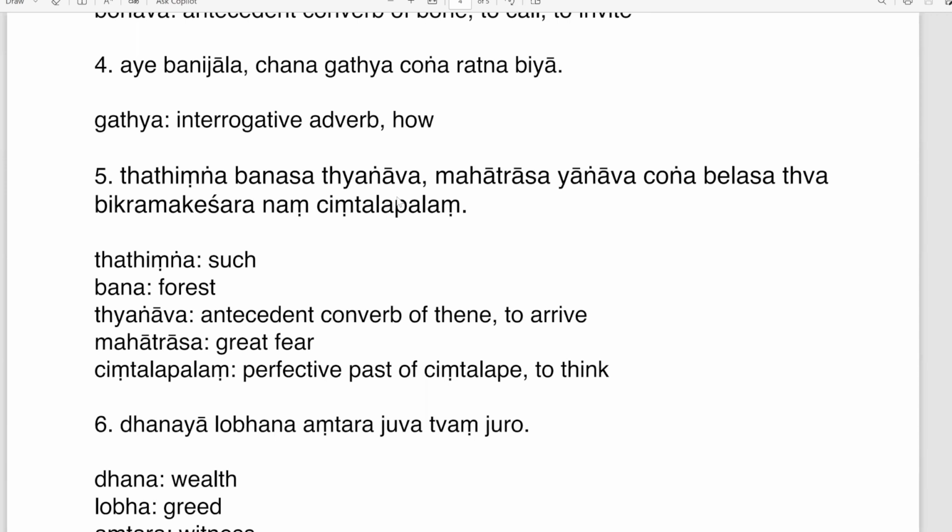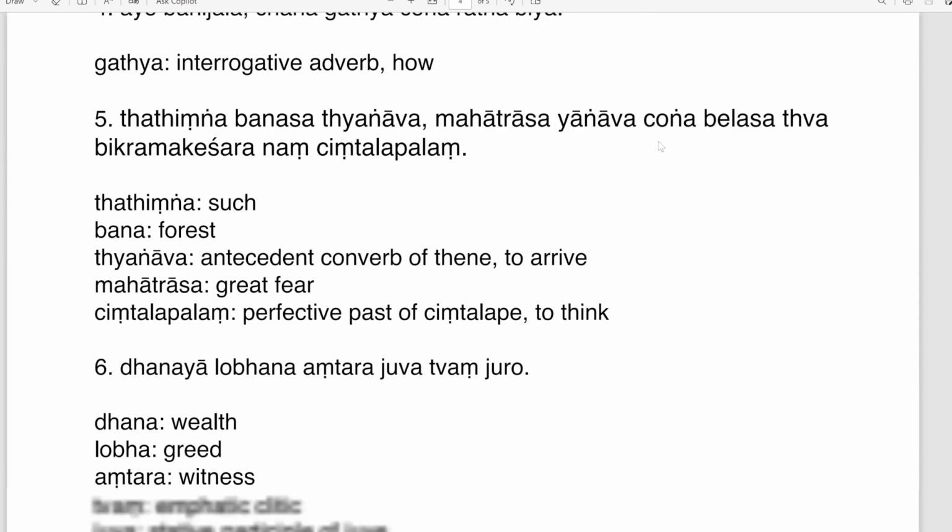What's the function of Jonga? Junga here is stative participle modifying the Belasa. So it goes together with this Yangavo Junga. So like he keeps being very afraid. It's a stative participle, this one is stative participle of Jonei. And we see this kind of structure a lot, like Jonga Belasa being at state at the time of what, and then